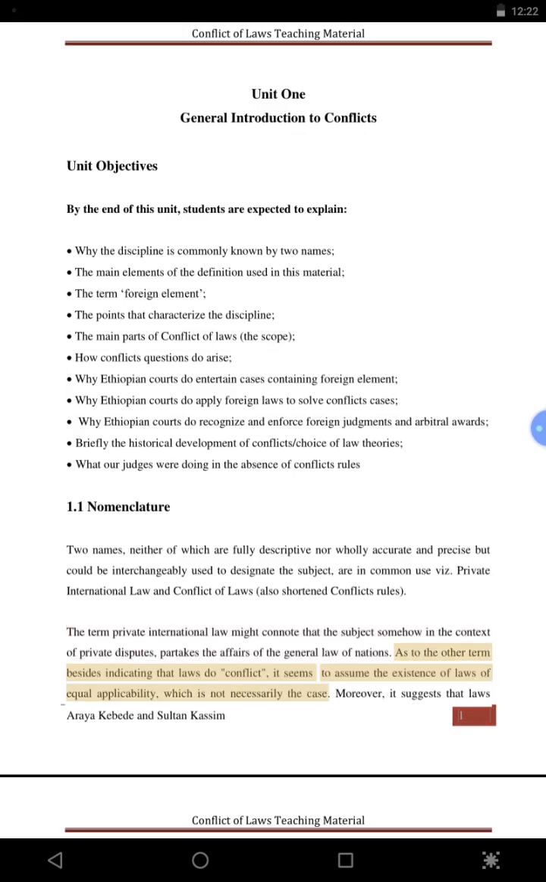As to the other term, besides indicating that laws do conflict, it seems to assume the existence of laws of equal applicability, which is not necessarily the case. Moreover, it suggests that laws